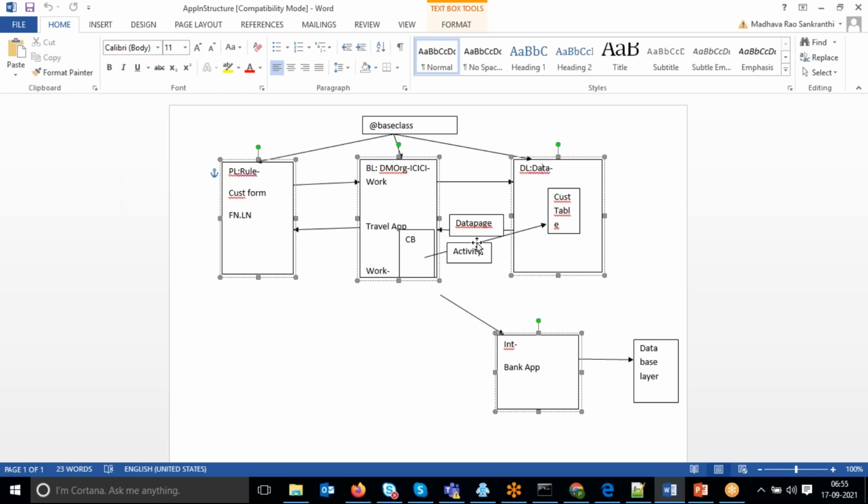Correct. What will happen if I trace using a single tool? For example, if tracer alone traced all three layers, it would take time to find the issues, because it has to check presentation, business, and database. If we give three tools, each will concentrate on its own layer and give a quick response. That's why they introduced three separate inbuilt tools for the three parts.